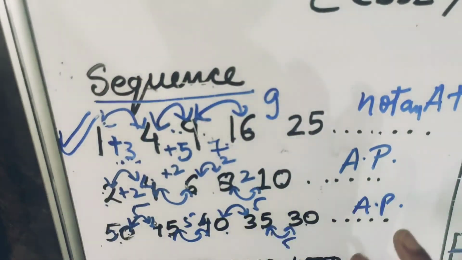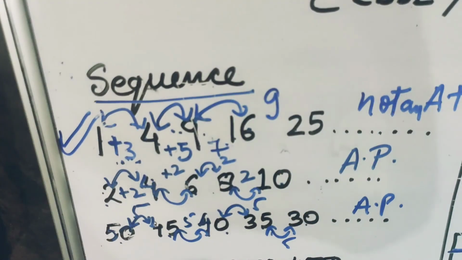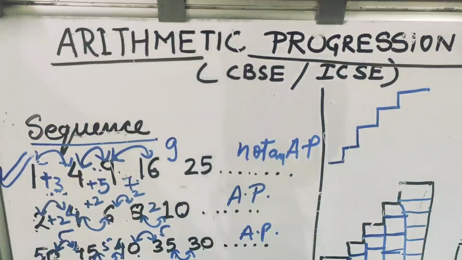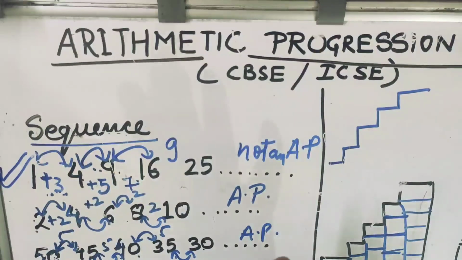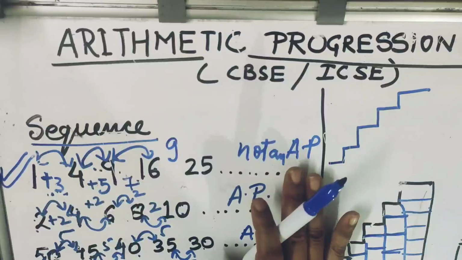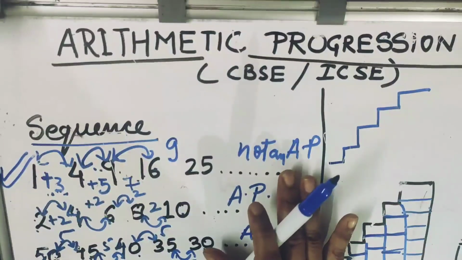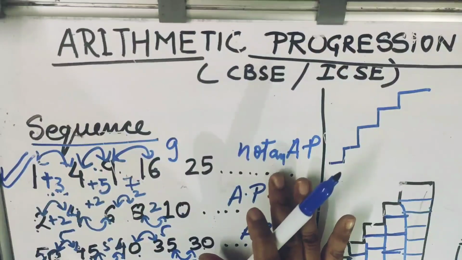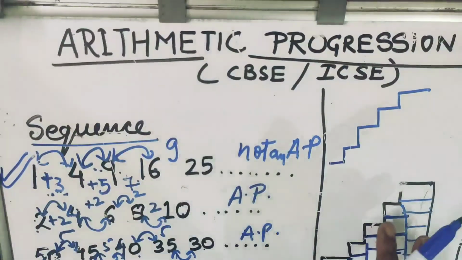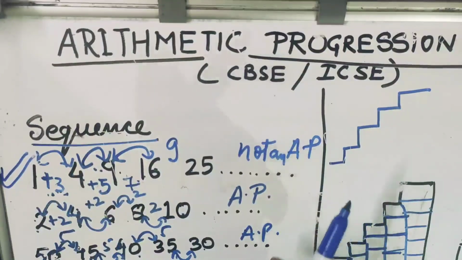So I think after telling you about sequence and arithmetic progression, you must have easily understood the concept of arithmetic progression, and if you open your NCERT book, you can easily solve the questions, because in my previous video I have told you about the formulas also, two main formulas. For that you can see my previous video also.